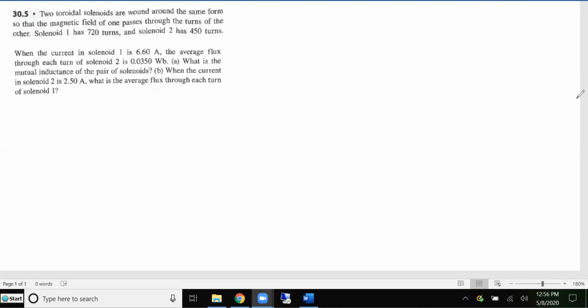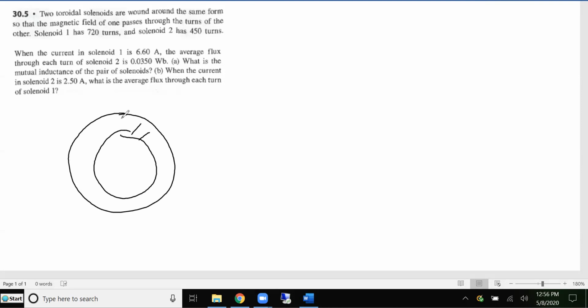So we have something like just a toroid donut, N1 and N2 overlapping. Let's write down these numbers first. N1 is 720, N2